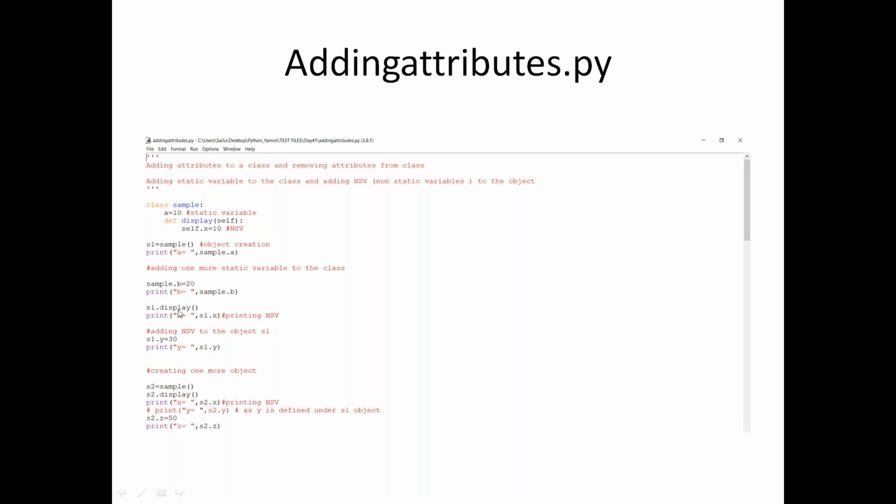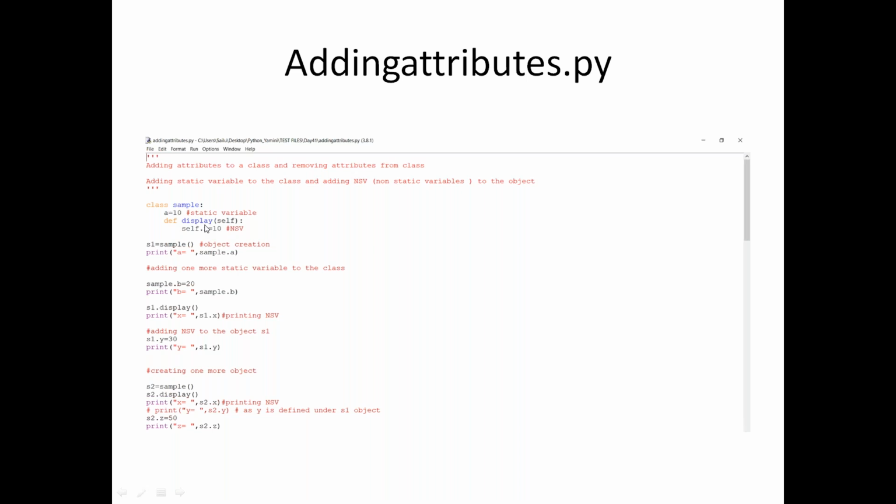Now when you say s1.display, the system is going to initialize this method. Now I can access this method. So print x. This is going to be a non-static variable. When you want to print the x value within the method and within the class, I'm going to prefix with self.